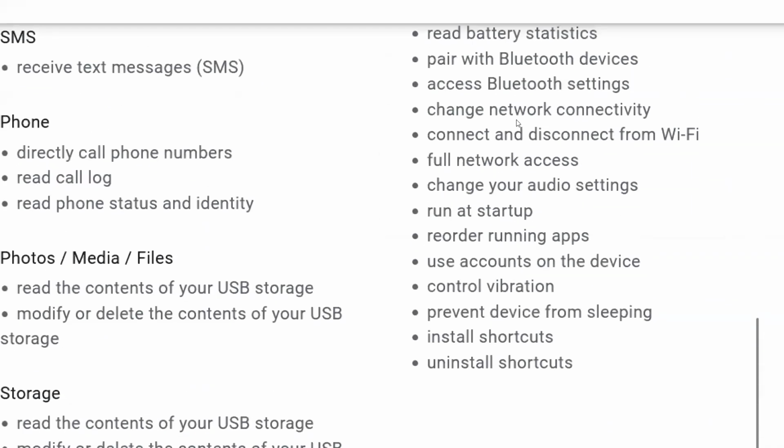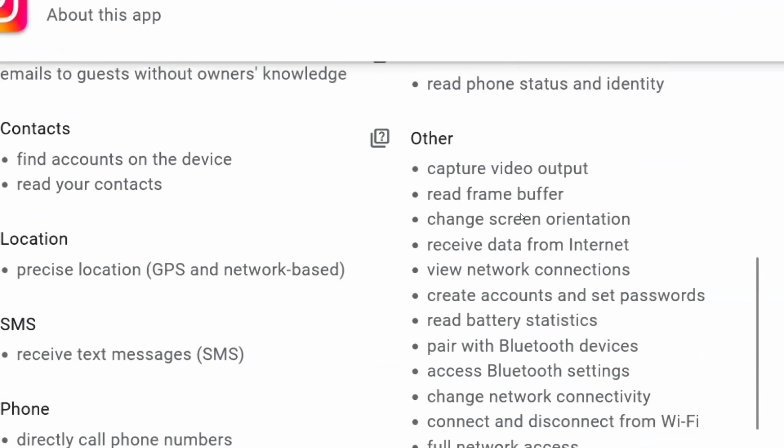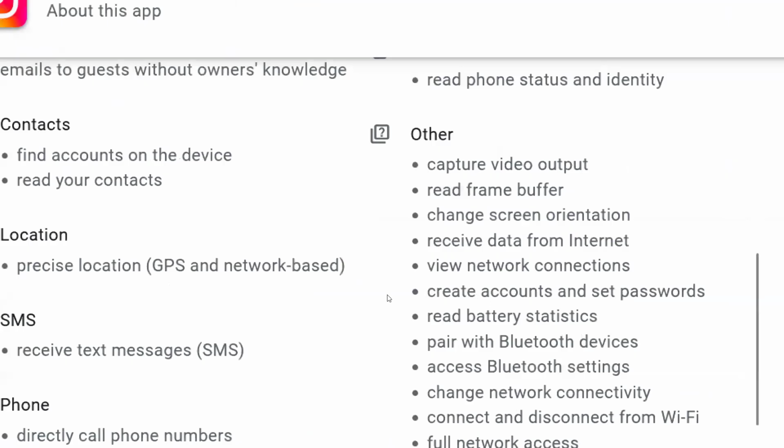Then see here, some of the interesting permissions. The level at which we are being tracked is very high. That means they leave nothing behind.